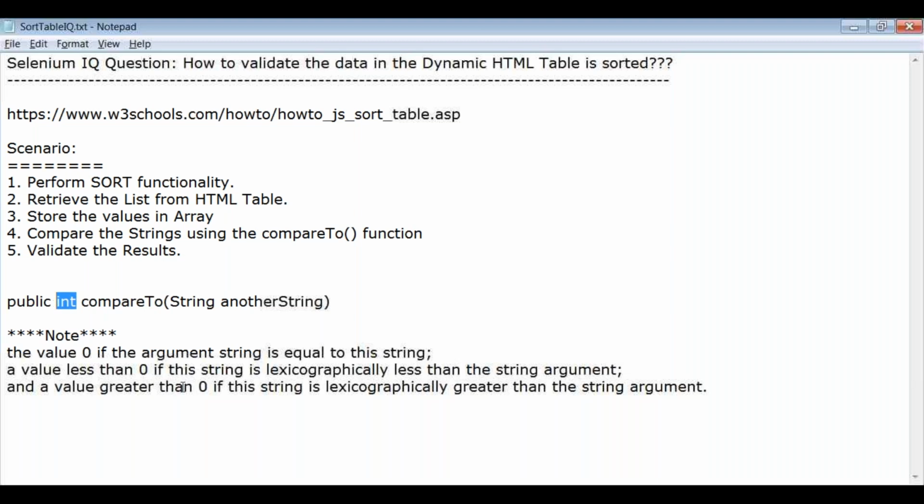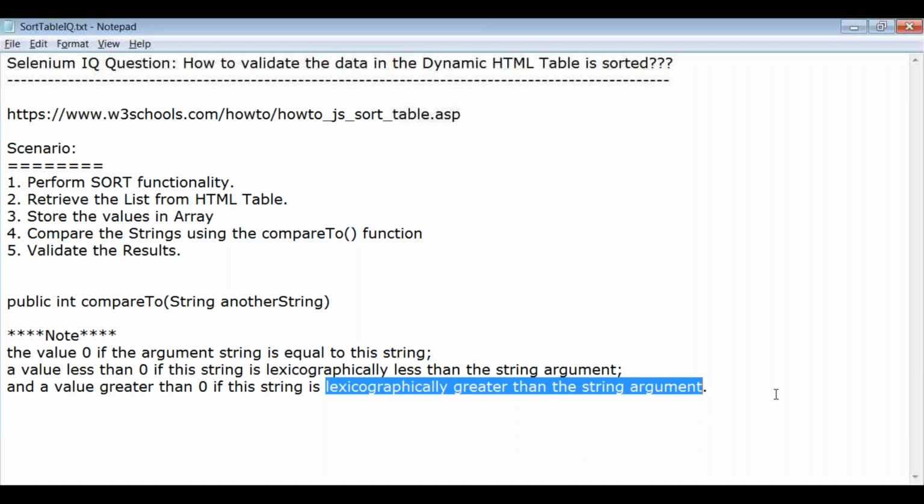If the two strings are equal, comparing one string with the same string, you get an integer value of 0. If the string is lexicographically less than the string argument, we get a value less than 0, and if the value is greater than 0, the string is lexicographically greater than the string argument.